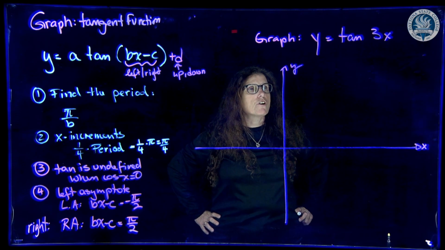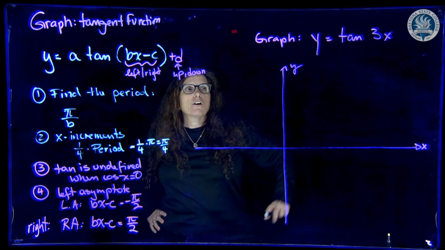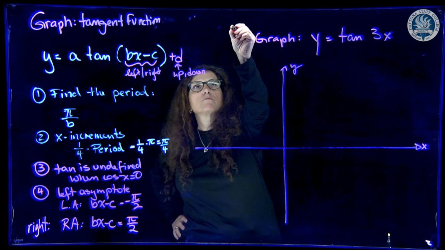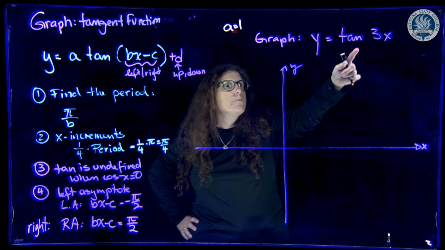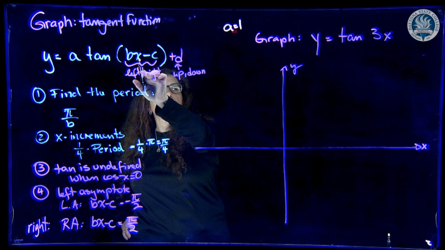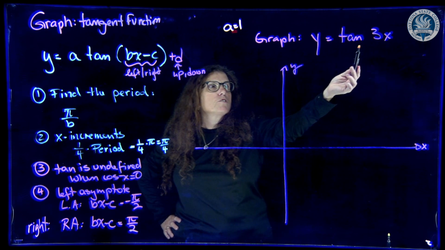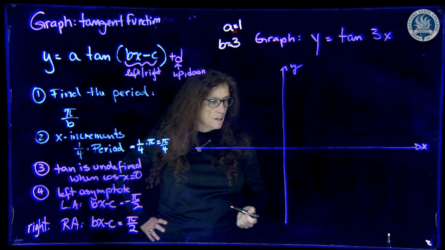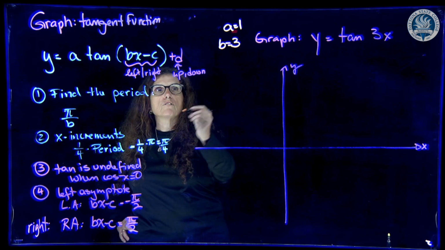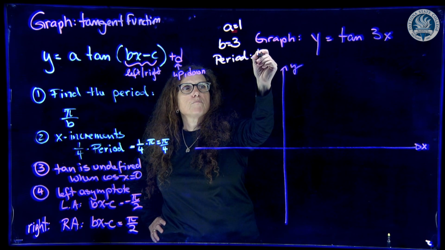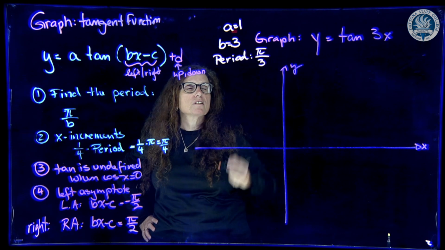Now let's take a look at y equals the tangent of 3x. Our a, since nothing is in front of the tangent other than 1, is equal to 1 in this case. B, if you look at my standard form of the tangent function, b is always the coefficient before the x, so b is equal to 3, and of course we need b in order to find our period. So the period of this particular function is pi divided by b, which in this case is 3,